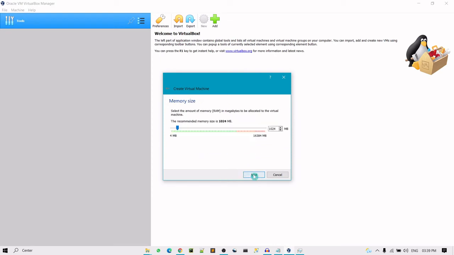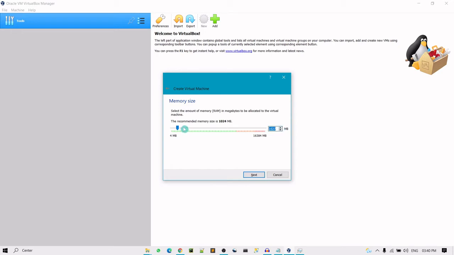Click on next. So how much memory do you want to allocate for this virtual machine? It's typically suggested to allocate around 4 GB of your memory to the virtual machine. I have 16 GB, so I'll allocate 4 GB.